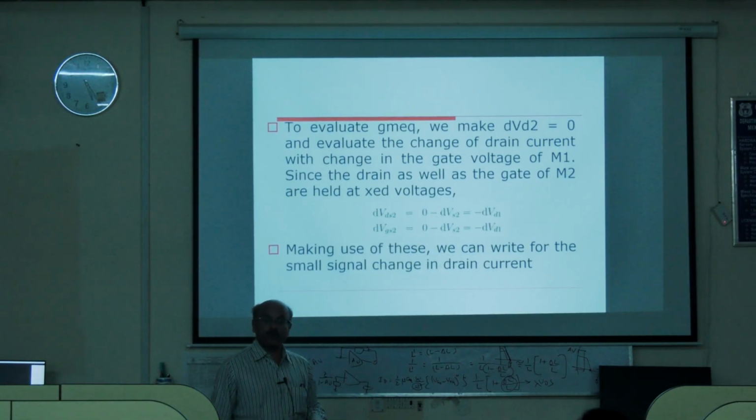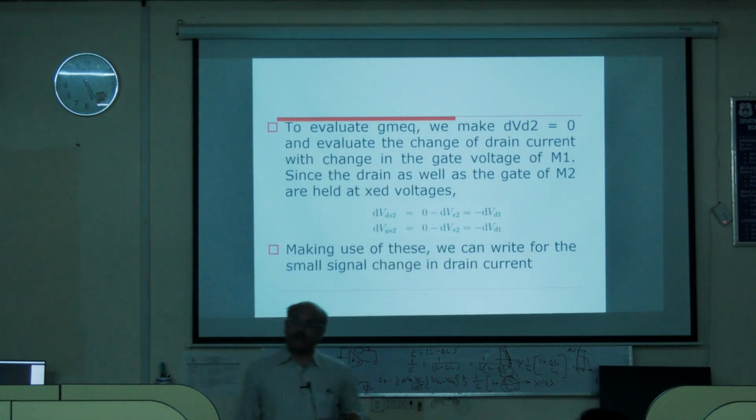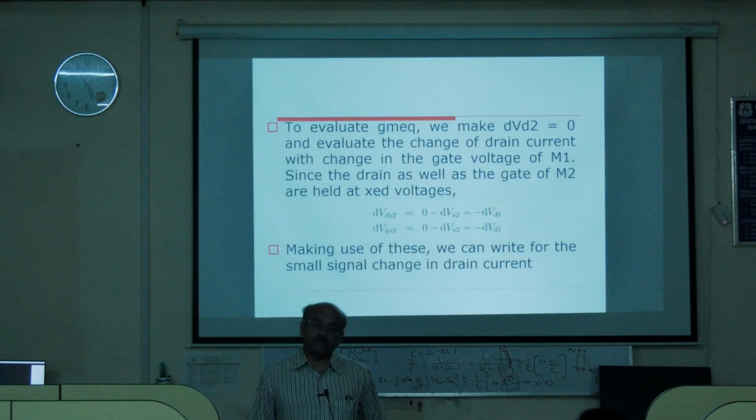Why is dVd2 made 0? Because we want to calculate gm effective. When we calculate gm effective, dVd is 0, and there is only variation due to the voltage at the gate. The current is only due to the applied voltage at the gate of M1. So therefore this is 0. Now dVgs2 is equal to dVg2 minus dVs2, but dVg2 is also 0. Why is dVg2 0? dVg2 is 0 because